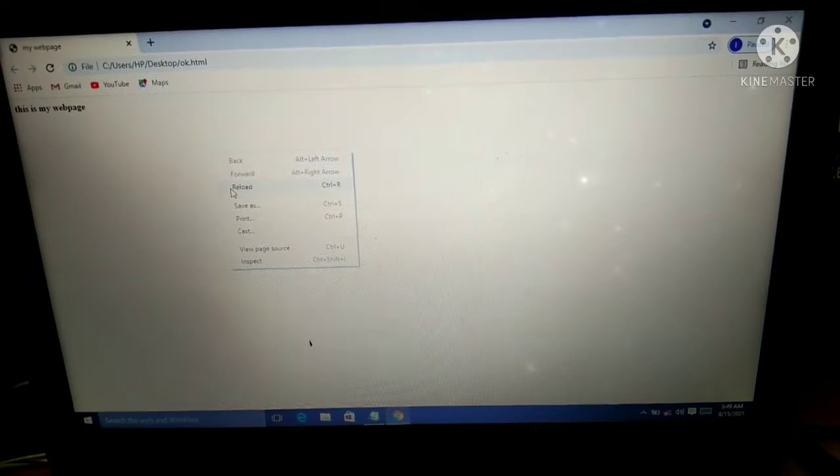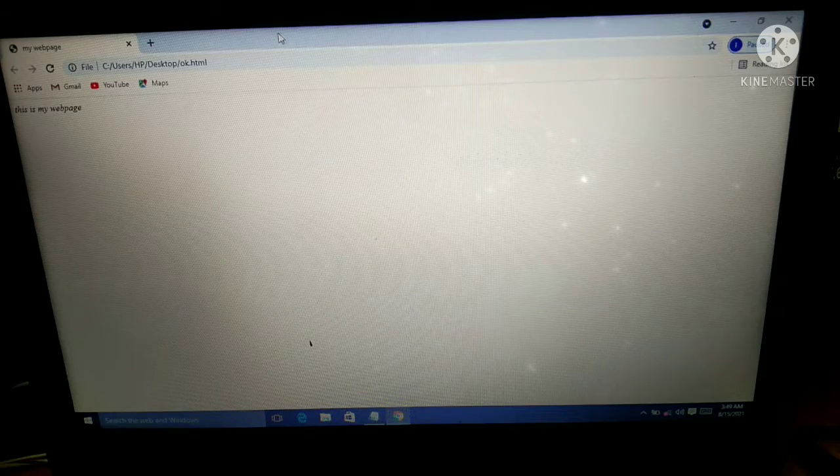Now we'll reload it. See, it comes in italic form. So you can write in different types of form. It is just simple and it looks ugly, I know, but slowly we have to develop our web page. If we go so fast, then nothing we can understand or practice. So it is better to learn slow and learn better.